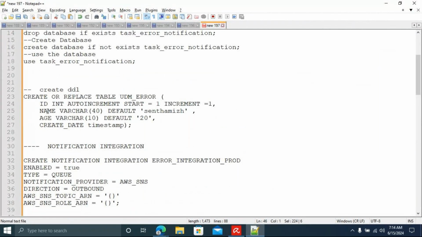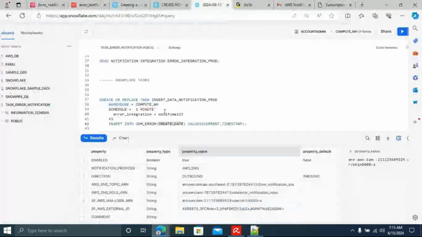You can insert the values or not. If not, it will take the default. I am giving only the created column. ID is an auto-increment column and is automatically incremented. That's why I gave only one column here. I'm inserting the current timestamp. It's a function, actually, guys.